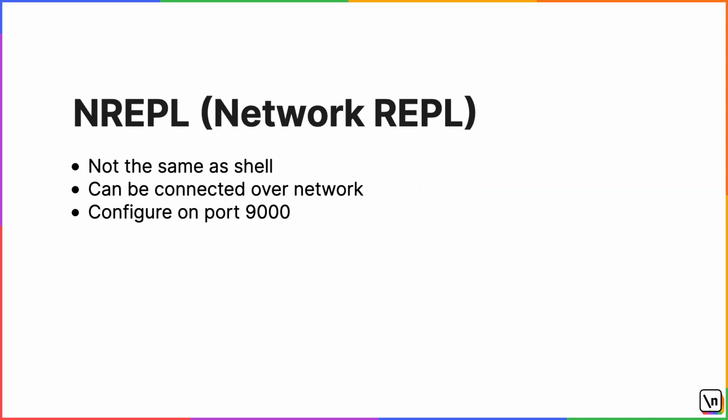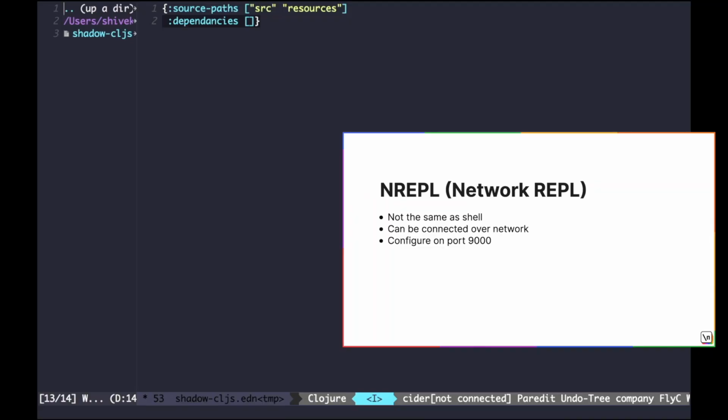NREPL stands for network REPL. The term REPL stands for read, eval, print and loop. REPL is often used interchangeably with the term shell, and in some sense they are similar, but in terms of implementation, the Python shell, for example, is very different from the Clojure REPL. You have seen a REPL already. When you type clj in your terminal, you start the default Clojure REPL in the user namespace. This REPL is shipped with the deps CLI. Shadow too ships with a REPL, so does every other build tool.